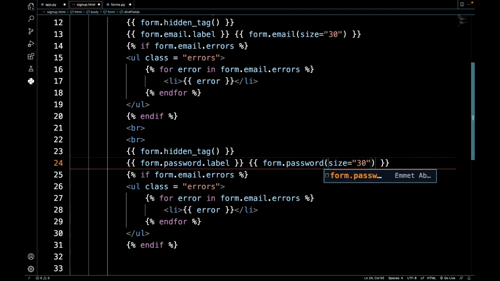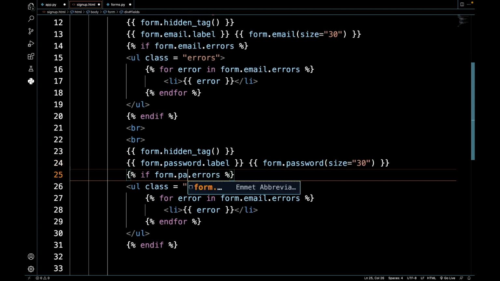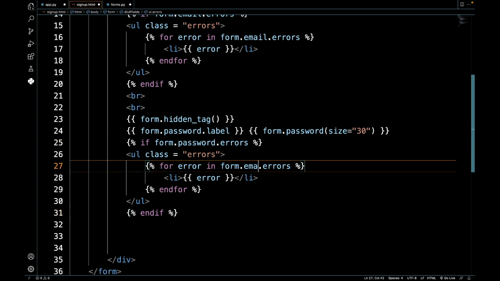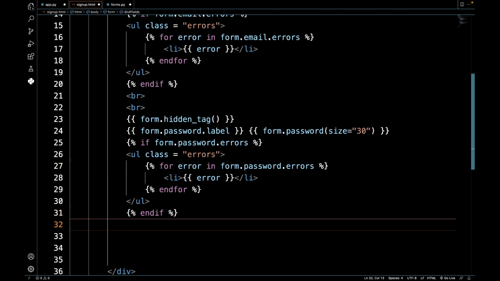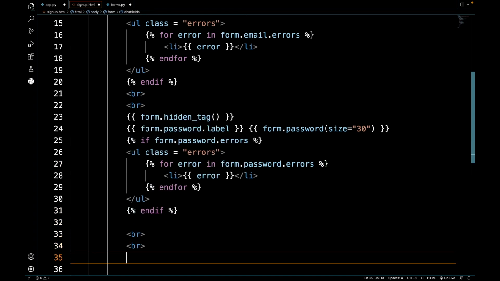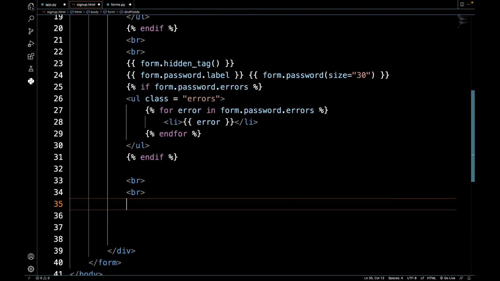If form.password has errors, which means the password is less than 6 characters or more than 35, so for error in form.password.errors, it's going to display all the errors for me. And you also have one more field, if you remember, it's called confirm password. So here after 2 breaks,